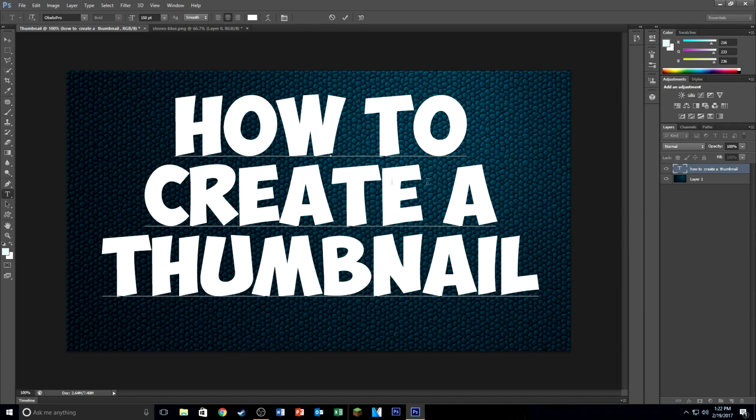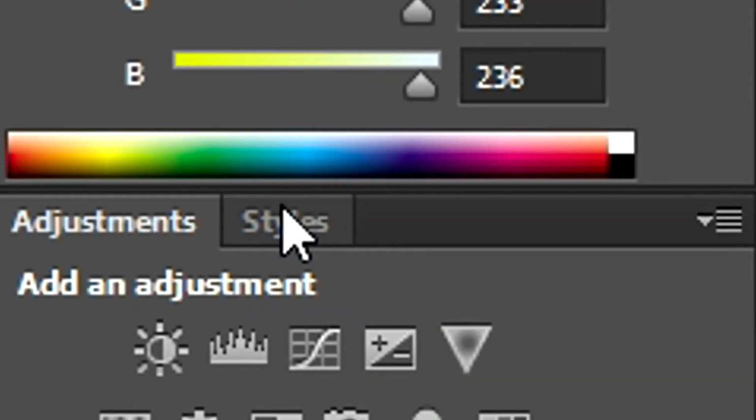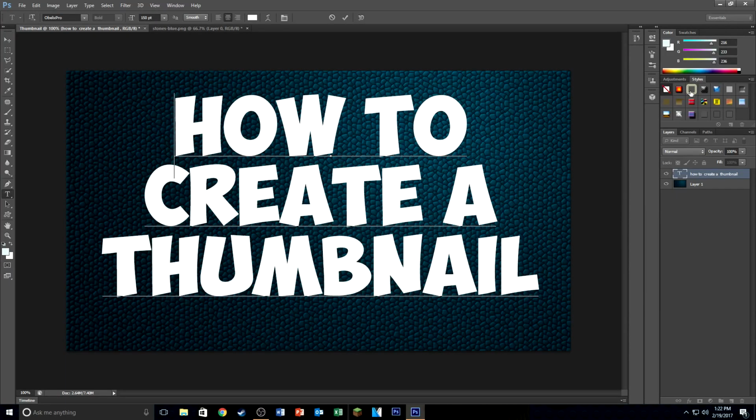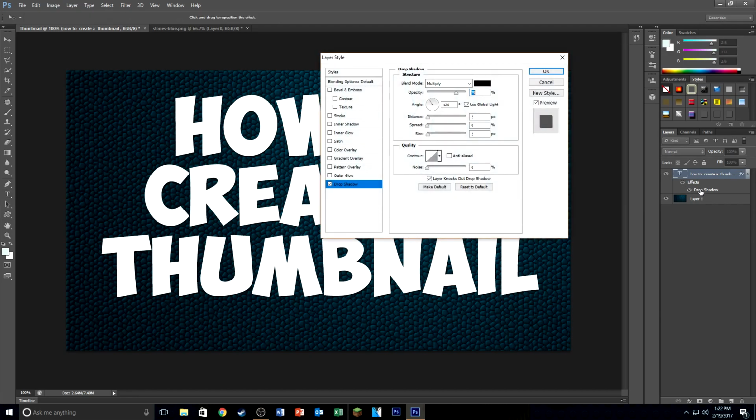So what you do is you have the layer clicked with the text, have the text option clicked here, and then go over here and click on styles next to adjustments, and there's different things that you can do. Now usually what I would do is go down here, you can see the different options. If you just hover over them, it'll eventually show up. So what I click on is I click on the basic drop shadow, and then this will bring the effects here. So then just double click